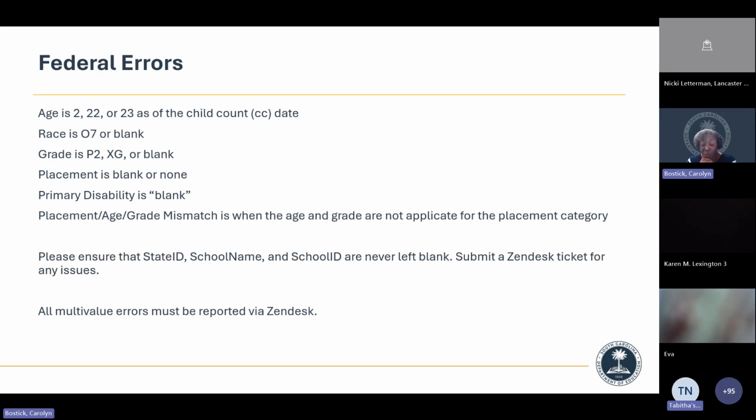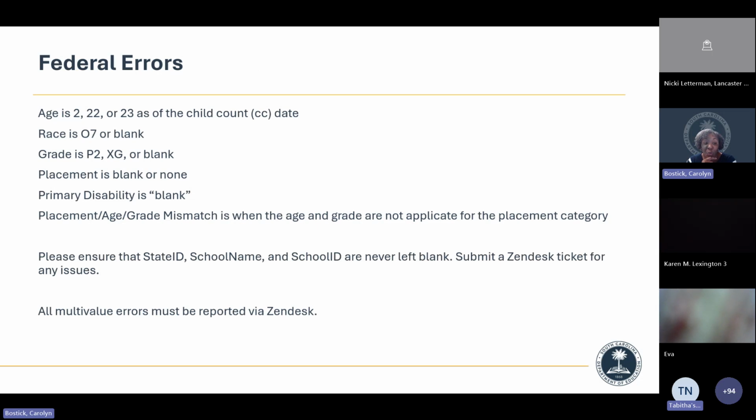Some of the issues that we see for child count: if the student has an age of 2, 22, or 23 as of the child count date, that is an error, and they will not be included on the report. If the race is displaying 07 or blank, that is an error.